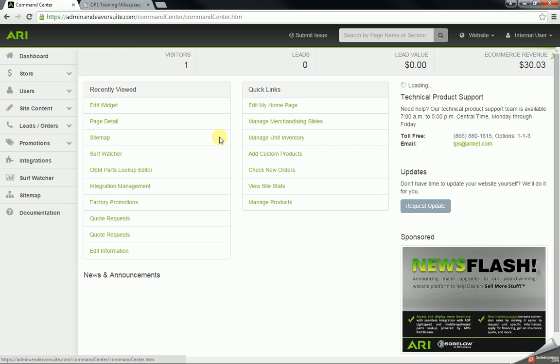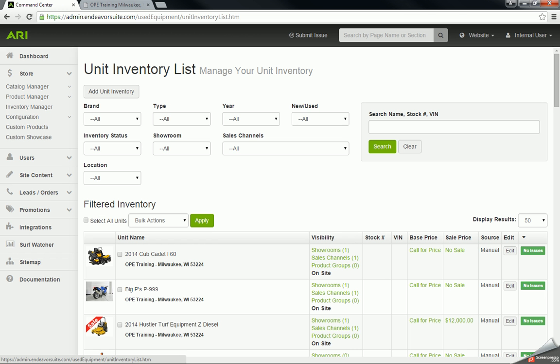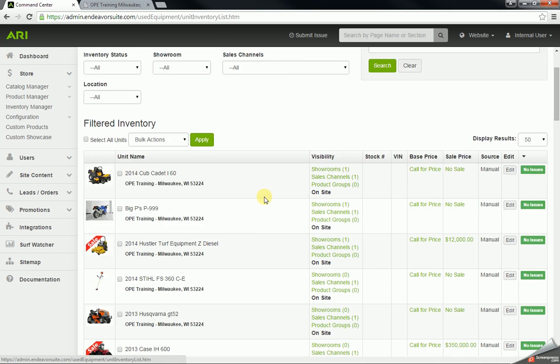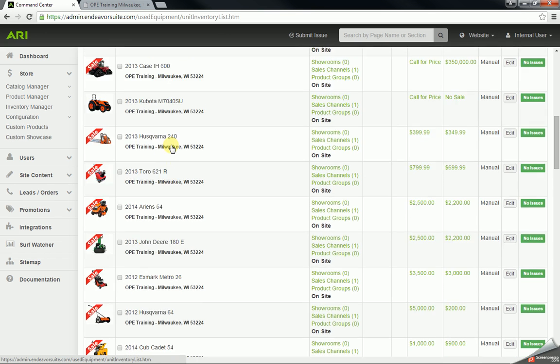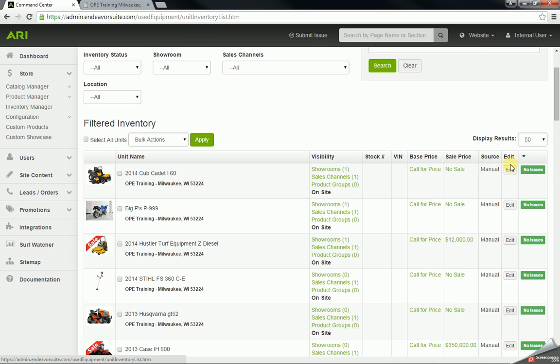Another quick link that'll be very important would be manage unit inventory. A lot of folks will use this for their pre-owned or used equipment, but you could use it for new or new non-currents if you want. And when we get to manage unit inventory, you can see here it lists out the units I already have uploaded. And each one has an edit button off to the right to go in and change the details, or if I needed to remove one or multiple items on the list, I can mark them as selected here, and there's a delete